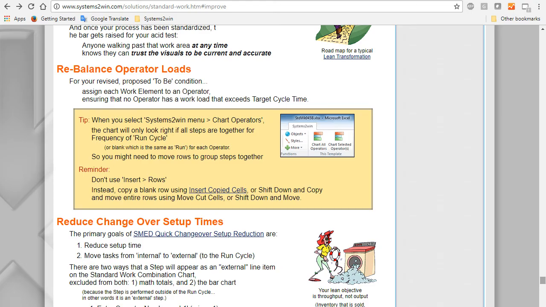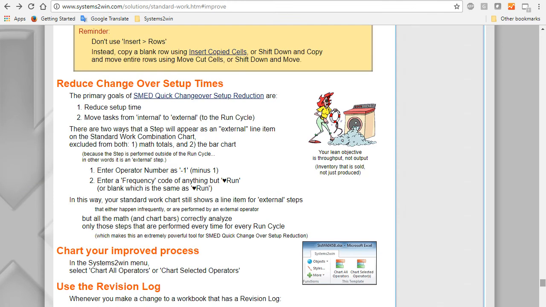Now remember, in our new user training, we had said that was the single most important Excel skill that you would ever learn. So if you've forgotten it or need a refresher, go back, study that video again. Another common thing that you'll be doing with your future state is reducing changeover setup times. So there are 2 things that you'll commonly need to do with your template as part of SMED setup reduction.